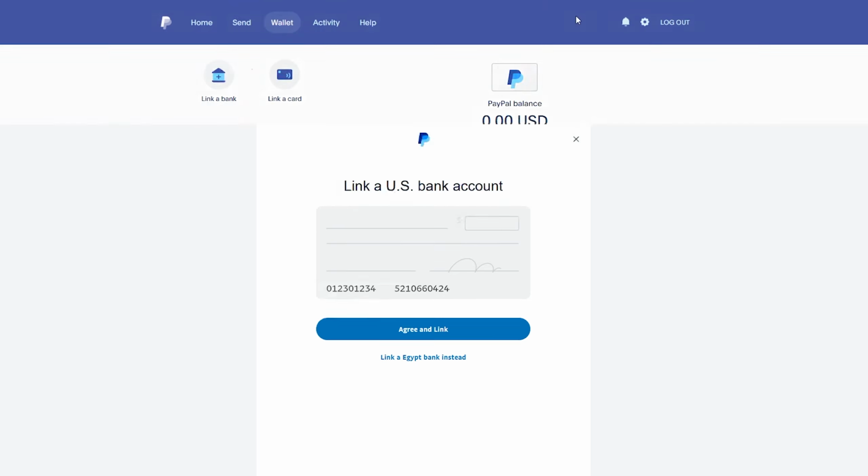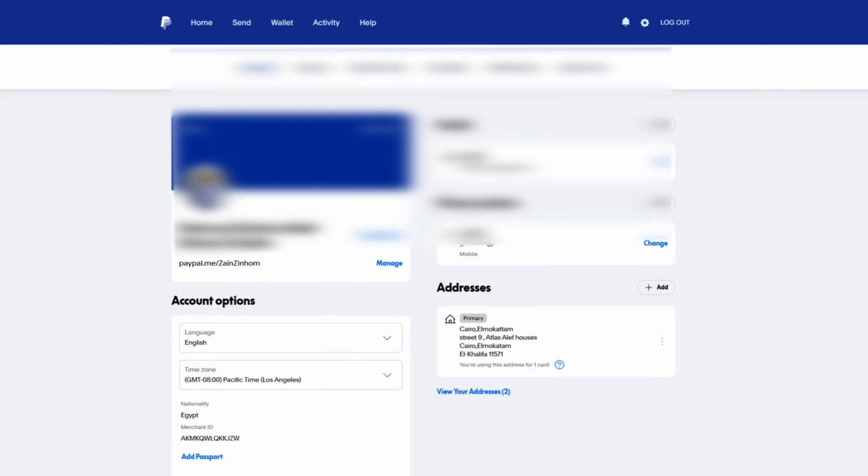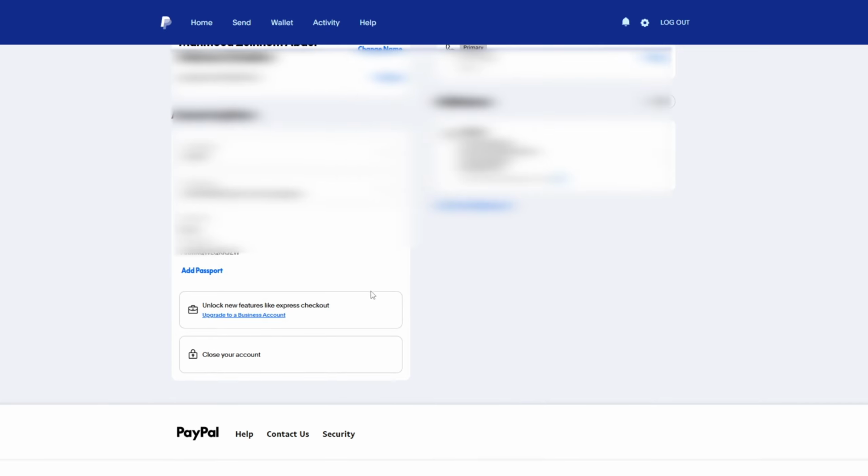Now, in order to verify your identity, you want to go back and click on this cogwheel icon on the top right side. And here you can see all your details. And down below right here, you can simply click on add passport. You can add your passport, your national ID, or your driving license, whatever option that you have right here down below. And after that, you will have to provide them with pictures, including your national ID, passport, or even your driving